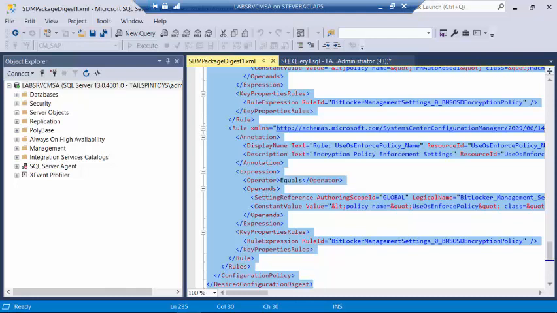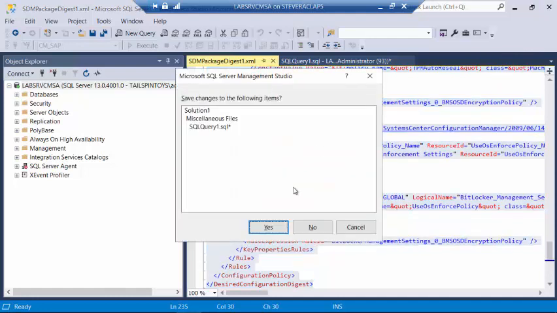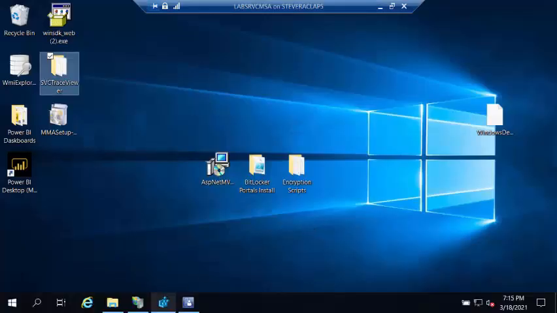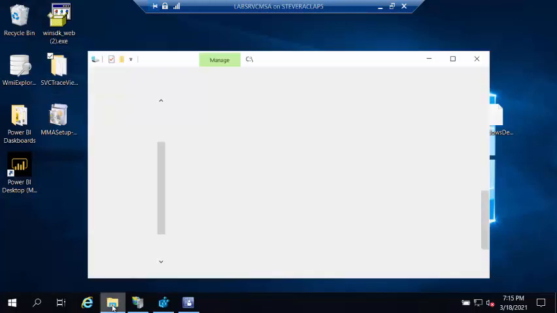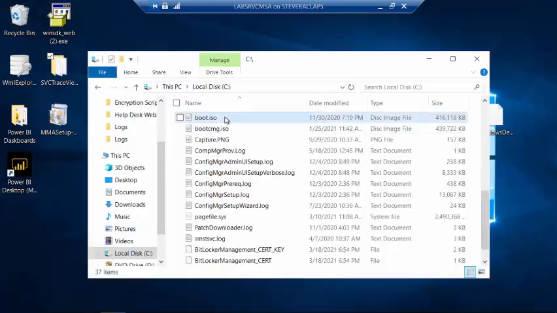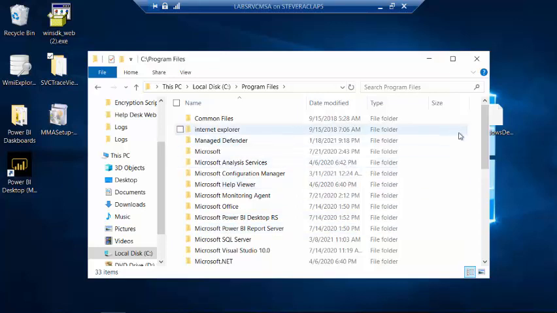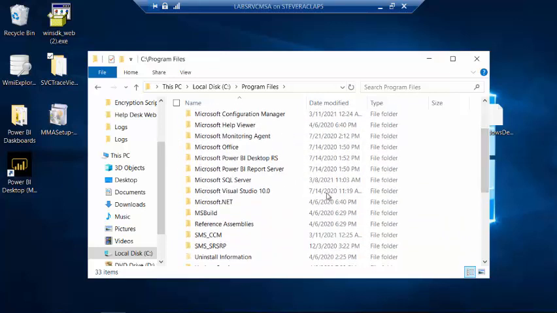Now, back to the logs, right? So I've shown you some logs. I want to rehash those as we're starting to close down. So we're on the site server, and so we do have logs. And so the recovery service logs, if we are on the C drive and then go into program files and then go into our directory that houses management point stuff,